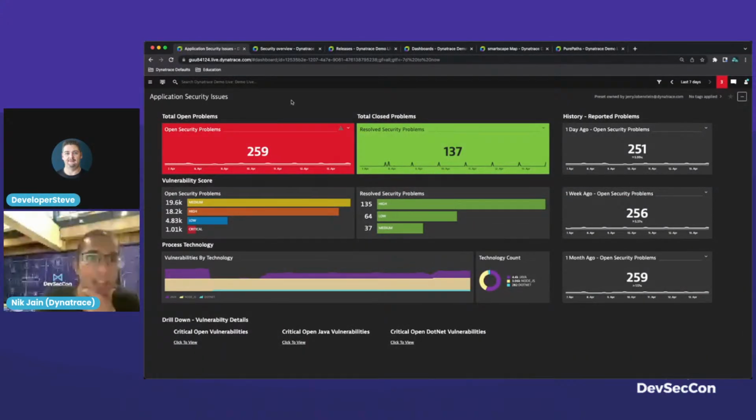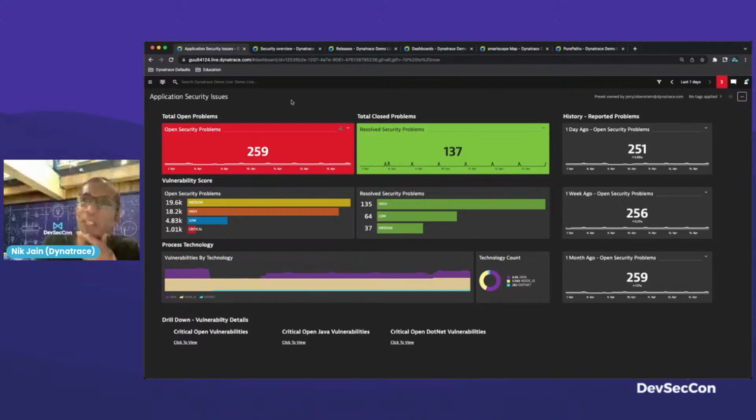Now, firstly, I've got a simple dashboard here that shows me the total open problems and the total closed problems, because a good team will constantly be fixing security problems. So you also want to keep an eye on the trend of incoming issues versus closed issues. And then you want to slice and dice the issues or filter them by high criticality issues and medium and low criticality issues. And this is where